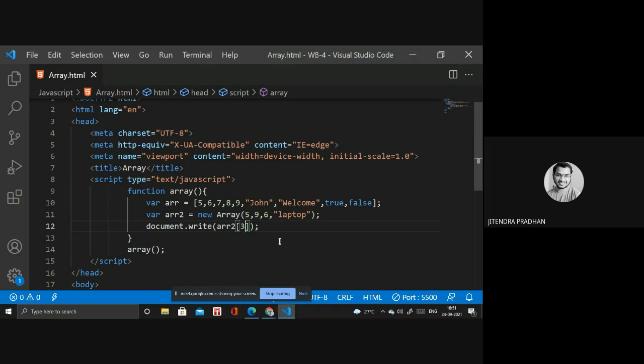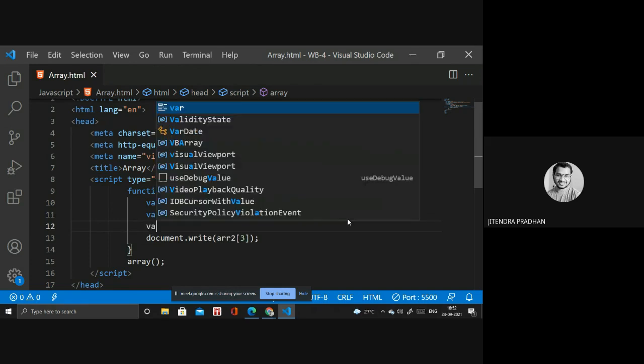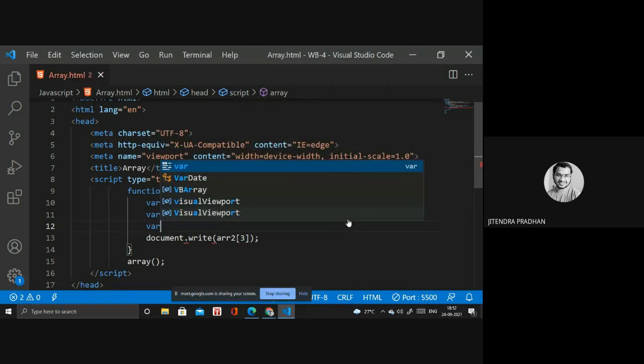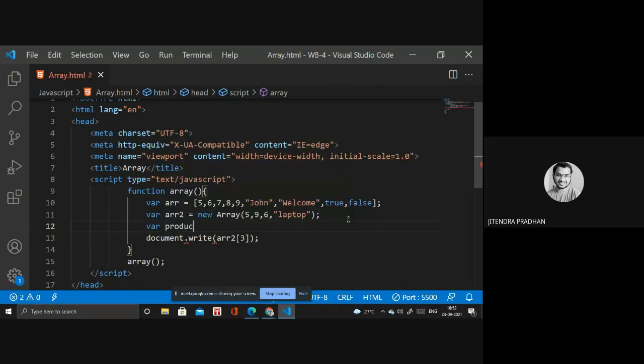Okay, and one more thing: if you want to write it differently, you can. We need to write something like product, with the meta character inside, then products with the index number where you want to store the particular value.